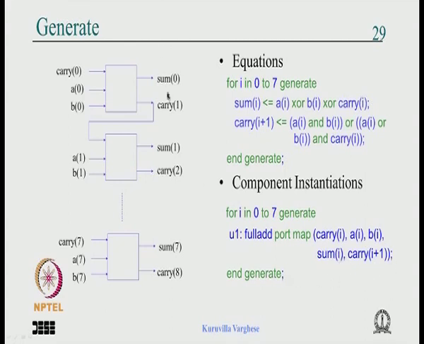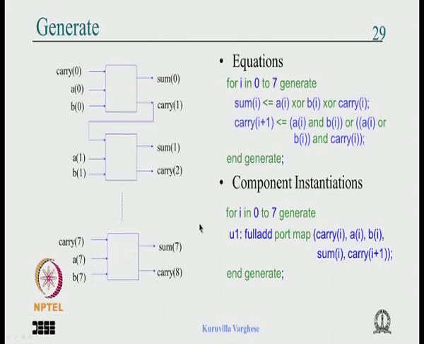Naturally in the 0th iteration it is carry 0, A0, B0, sum 0 is output, carry 1 is output, and when the next iteration comes, the carry 1 is the input. So the output of the first stage goes as the input of the second stage, and you get this structure by this simple statement. As I said, this can be used very easily when the structure is very symmetric or balanced or regular. But if you have an